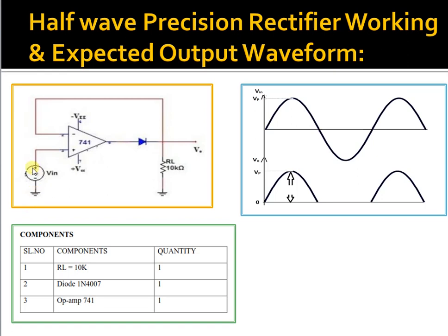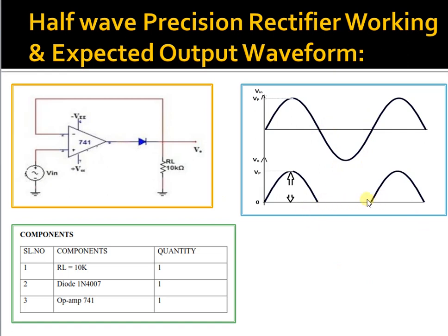of Vp. Whereas during the negative half cycle, what happens is that since the input is given to the non-inverting input terminal, the output of the op-amp will be negative, the diode will be reverse biased, the circuit will act like an open circuit, and there is no continuity between the output node and the inverting input. So because this acts as an open circuit, the output voltage will be equal to 0. So during the negative half cycle of the input, as shown in the figure, the output voltage will be equal